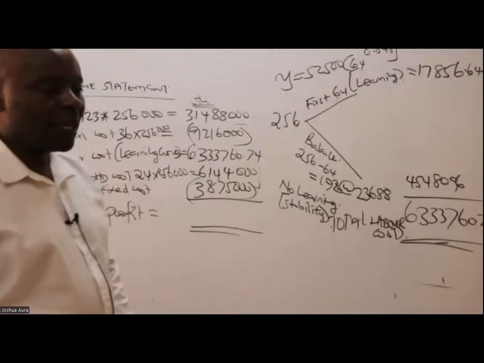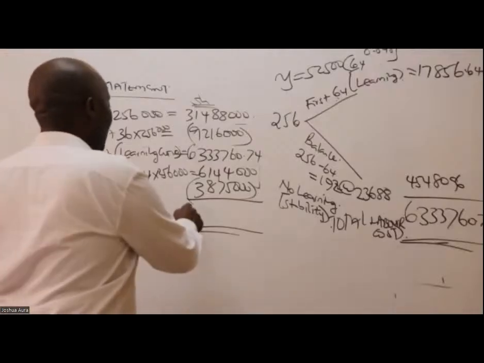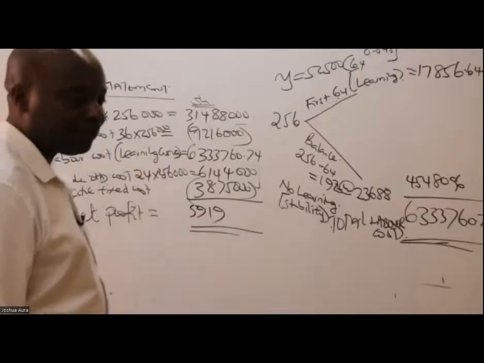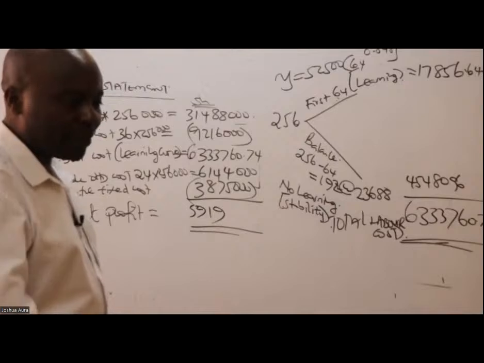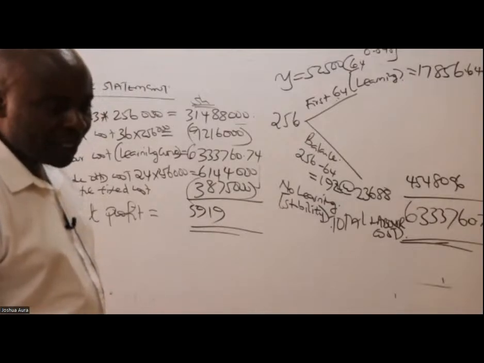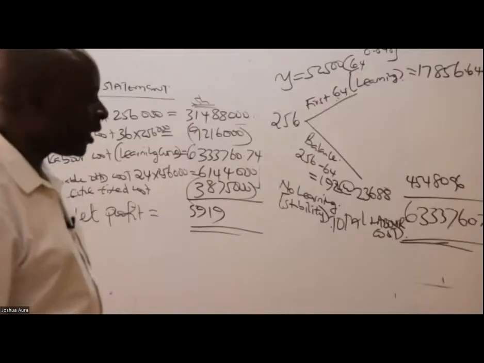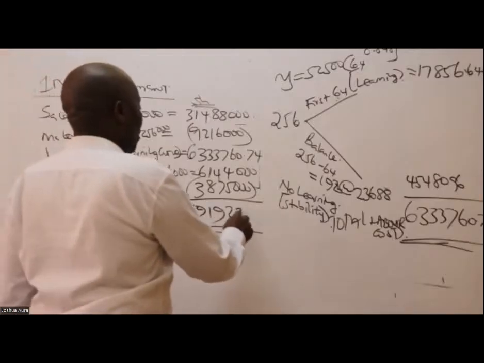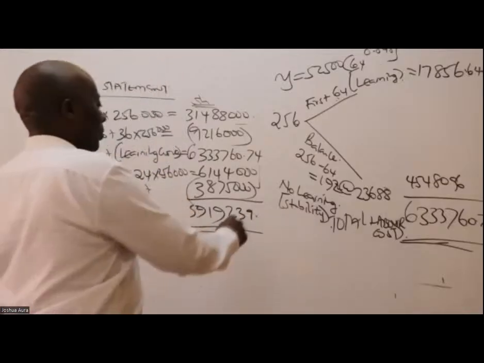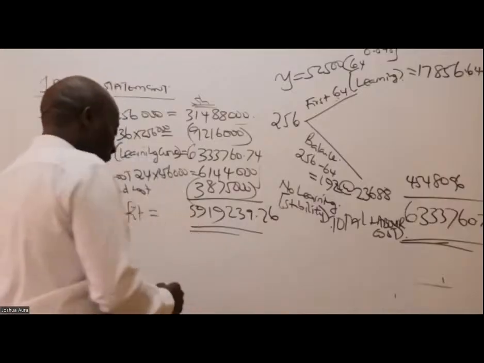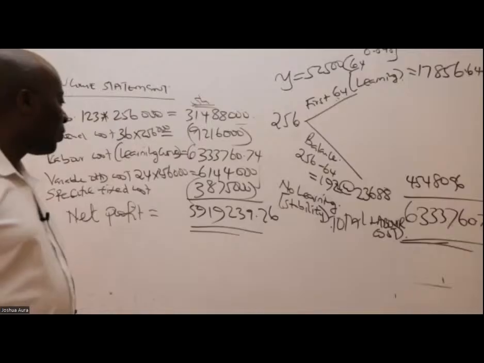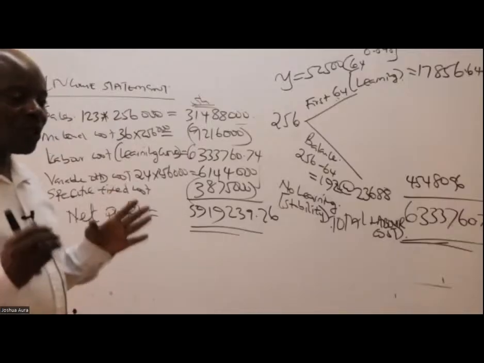59,192. 5919. Yep, mwambie Jamie, mnasaidia mwalimu tafadhali, mwambie Jamie tuko question gani? 5919,239. 239.26. Thank you very much. So, ladies and gentlemen, this question,